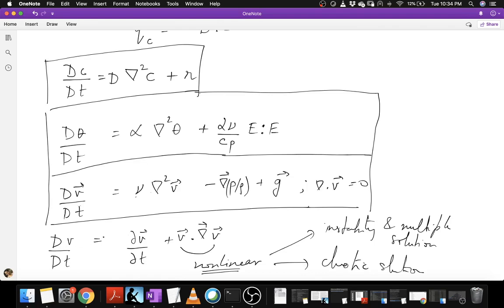So for the flows which are very slow, you can neglect this term. Or in other words, the nonlinear term, which is the product of v with v itself, can be dropped if v is very small. This loose statement can be made more precise once we look at non-dimensionalization and scaling, which gives us a systematic way to decide when to neglect terms in the equations. But for now, consider that this can be done for slow flows, what are called Stokes flows, in which case